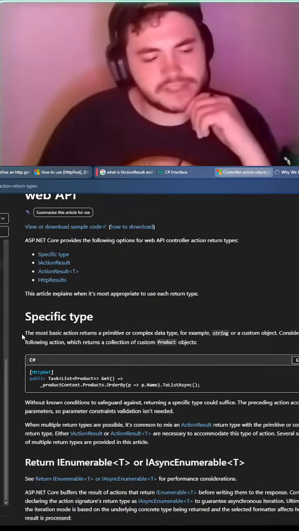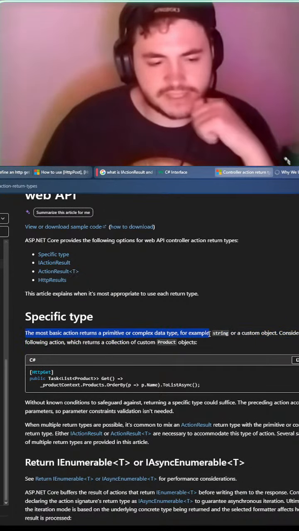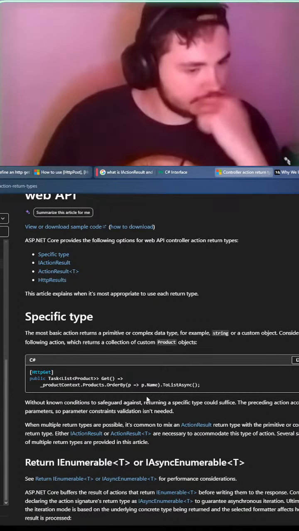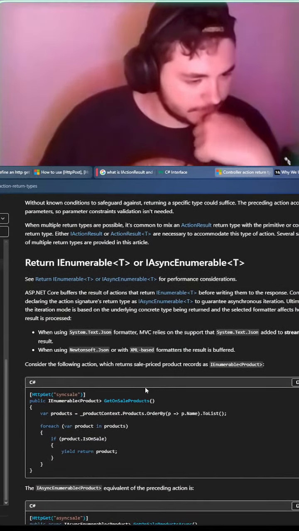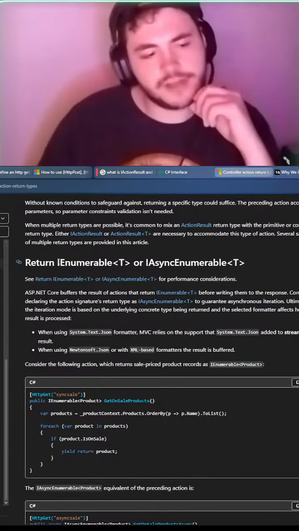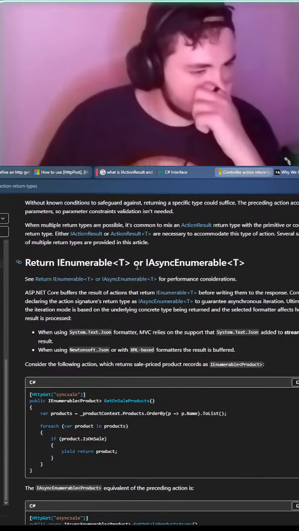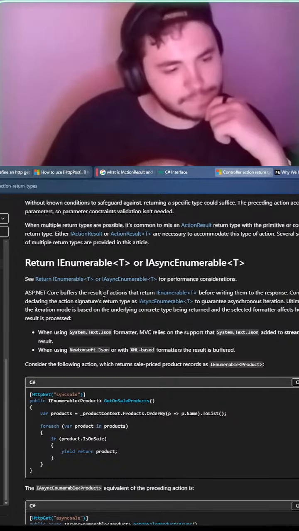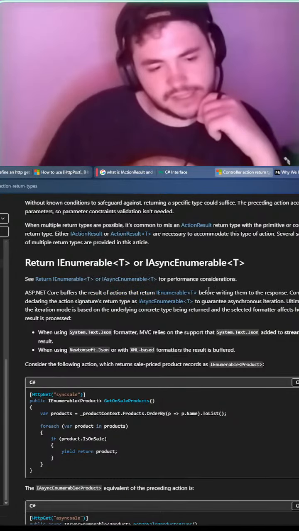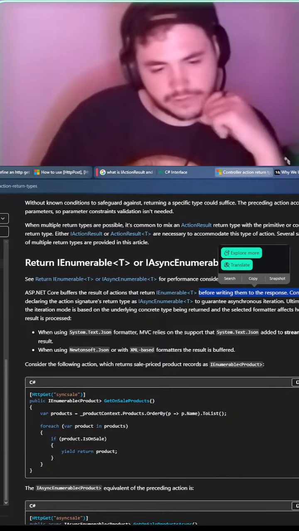The most basic action returns a primitive or complex data type, for example, string or a custom object. Okay, so return IEnumerable<T> or IAsyncEnumerable<T>. So see this. It buffers the result of actions that return that before writing them to the response.